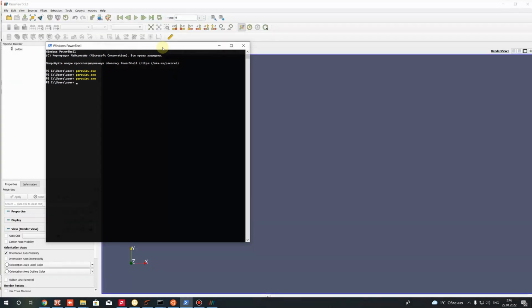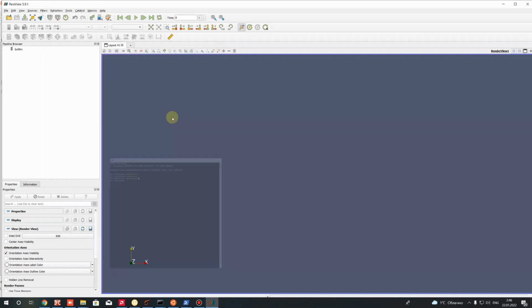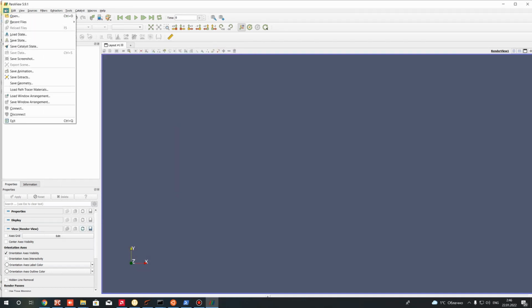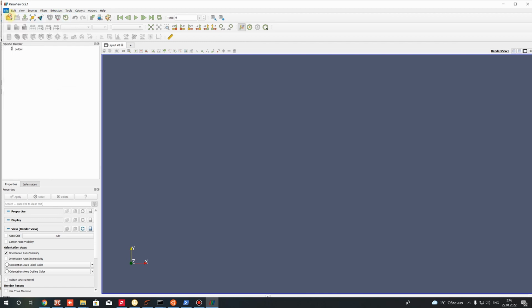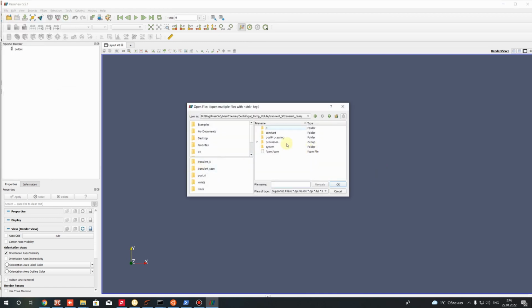You can open Paraview using the exe file. I just added this Paraview exe file to my environment. Okay, and I open a project of the transient case,